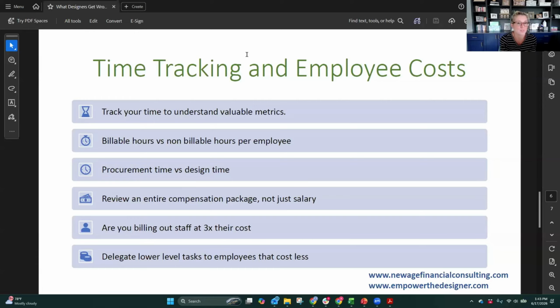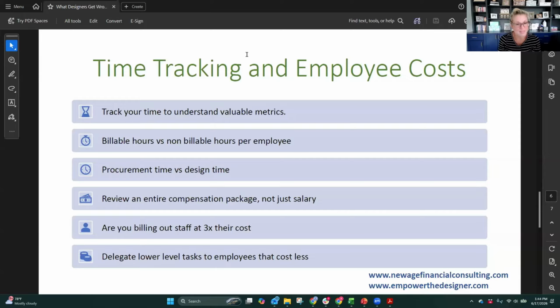And I'm pointing feedback out specifically for time tracking, but I would also encourage it on anything having to do with project management as well, for everyone to understand, well, why are we eating the cost of an item? Well, why are we not passing along this particular, I don't know, additional labor or service charge or whatever? And the same with truly understanding what is procurement time versus design time. That's a really big question. And I think it can be really gray. And if it's gray, that's where potentially we're losing money. That's where potentially the team is confused.